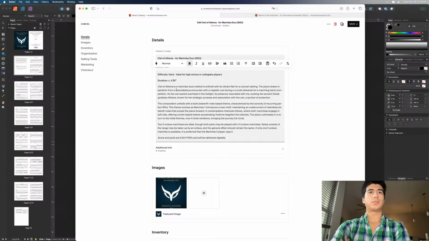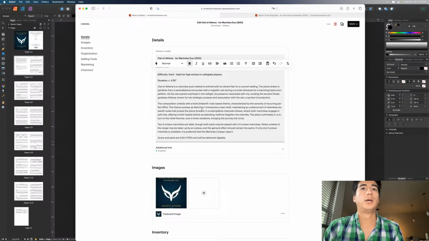Okay, Owl of Athena is a marimba duet crafted to enthrall with vibrant flair for a concert setting. The piece draws inspiration from our encounter with the majestic owl during a crucial rehearsal for marching band competition. As the owl soared overhead in the twilight, its presence evoked the ancient Greek goddess Athena, known for her strategic prowess and association with the owl, a symbol of protection. The composition unfolds with a bold 16th note bass theme, characterized